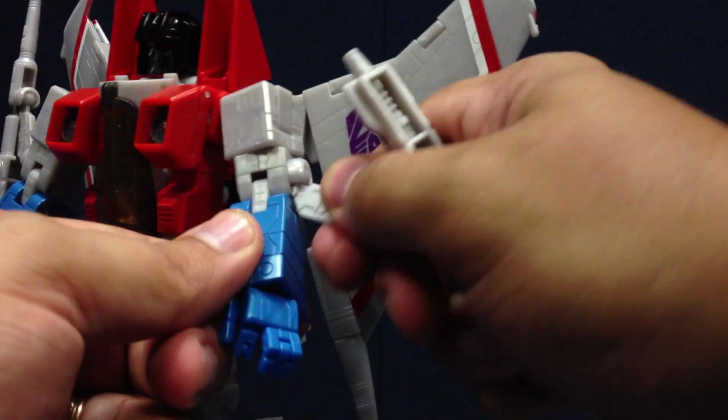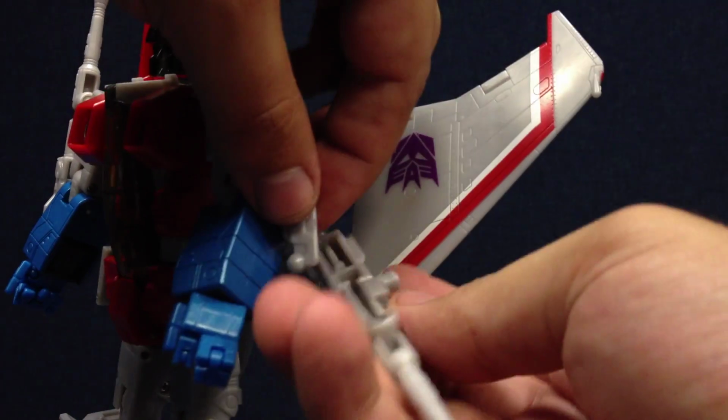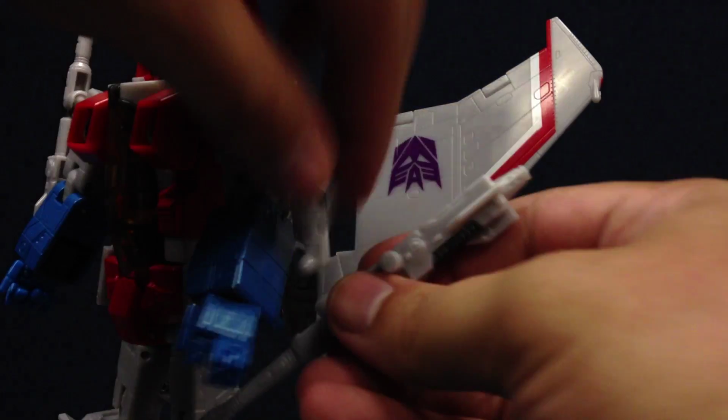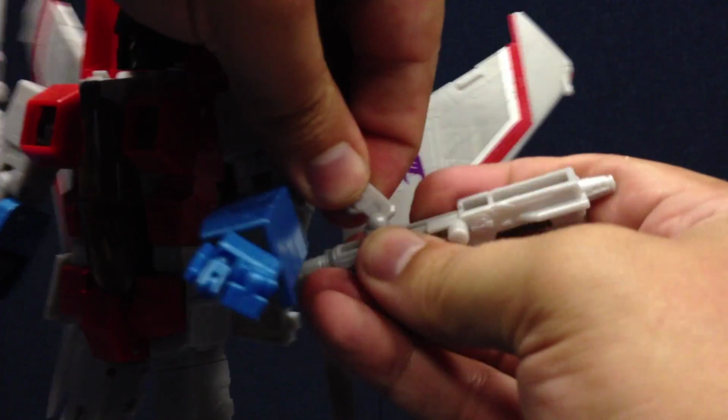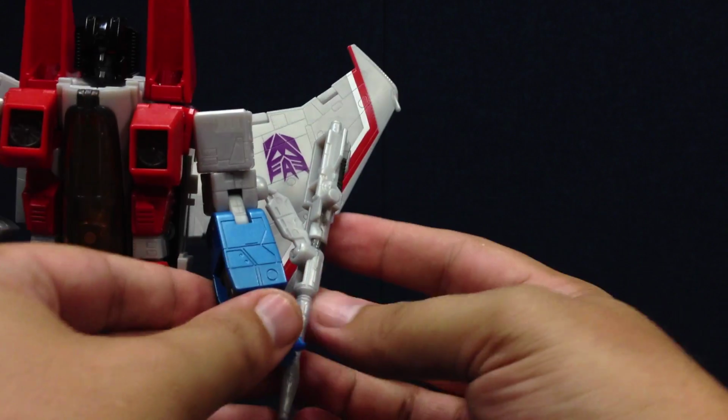Oh, there we go. I'm going to bring it down like this. You snap it onto the ball. I knew there was something I was forgetting. So you bring it down like this and bring it up and just peg it over, slide it over the